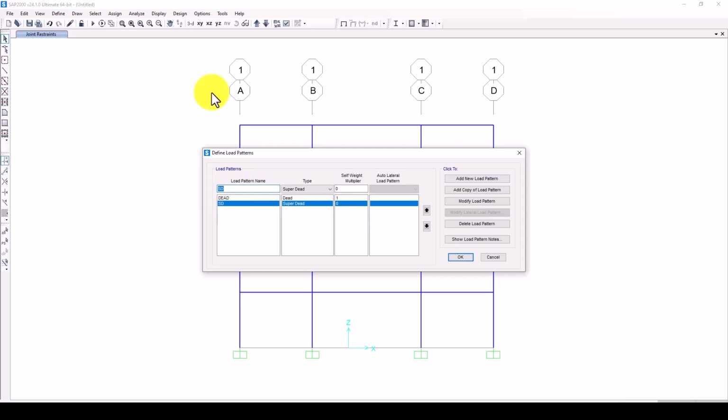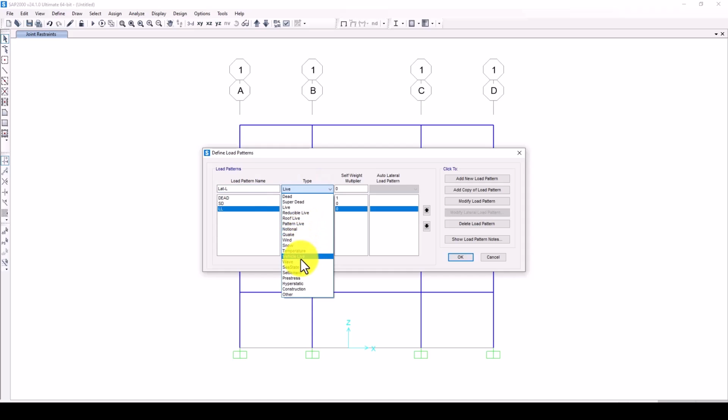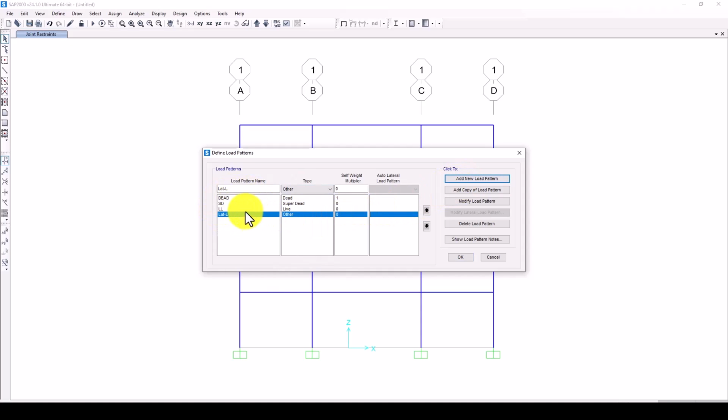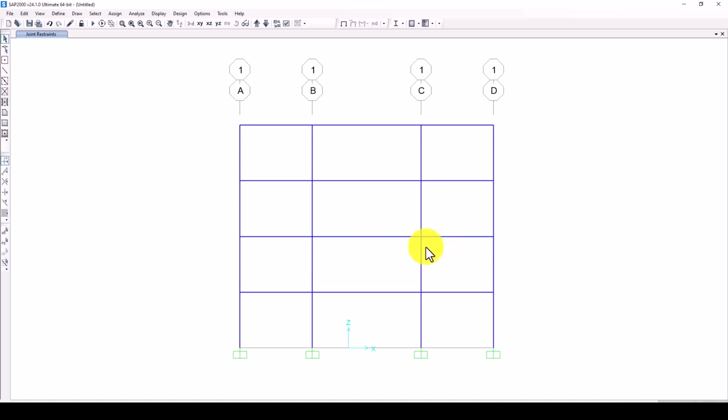Again I can call it live load, and click live load. And the last one is called lat, and it's called L. Now you can select other or seismic, but for seismic maybe you should choose a proper design code or analysis code. So I need other, just add. Now we have 4 load patterns. Okay, and I can select all the beams,